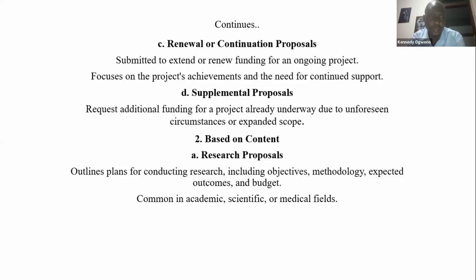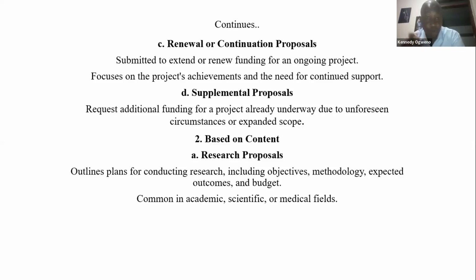Let's say something like the workload has increased. Now you need to add additional staff. What happens? You are able to discuss with your funding organization, requesting them that due to the nature of the work and the workload that has increased, the budget that we agreed upon is not able to capture this type of stuff. Now, you can write a proposal requesting additional funding. That is called a supplemental proposal.